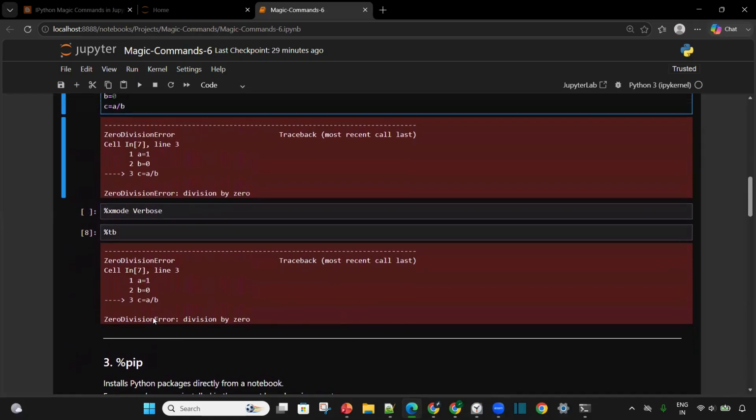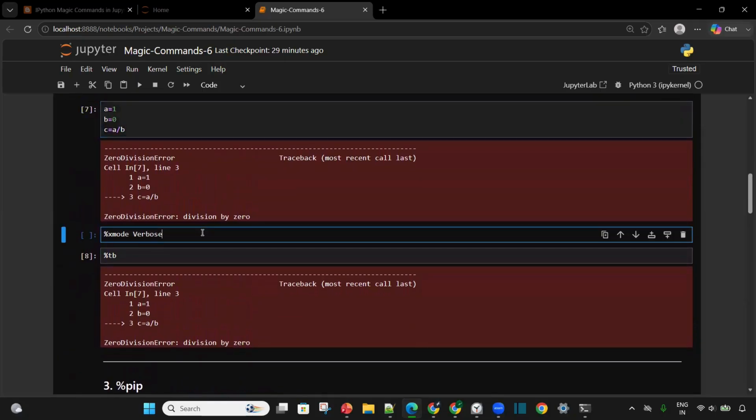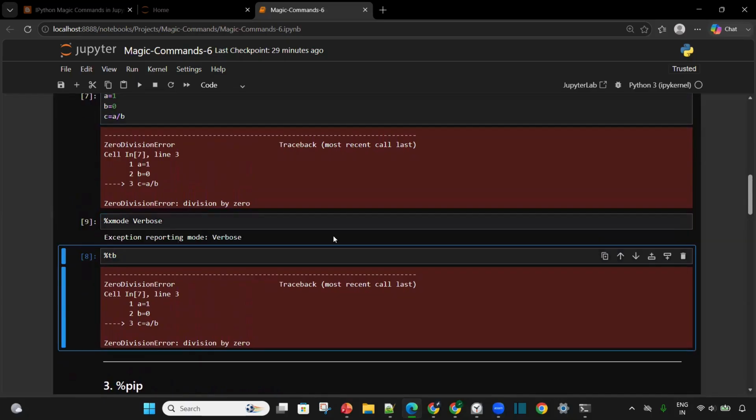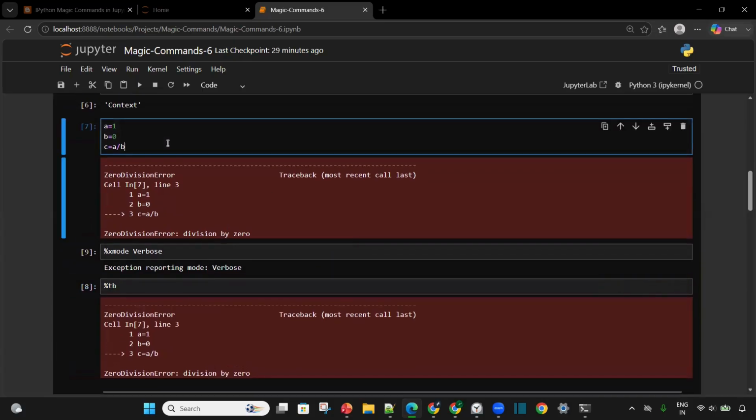Okay. So now let's change the xmode to verbose. Let me run this command %xmode verbose. So now the exception reporting mode is changed to verbose. Now let's run the code which had the exception. So if I run this,